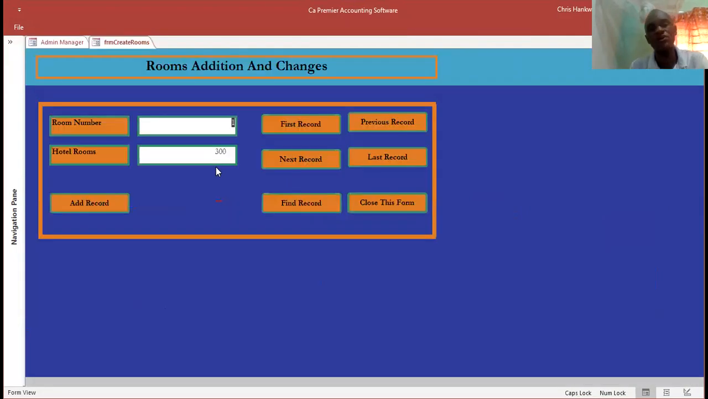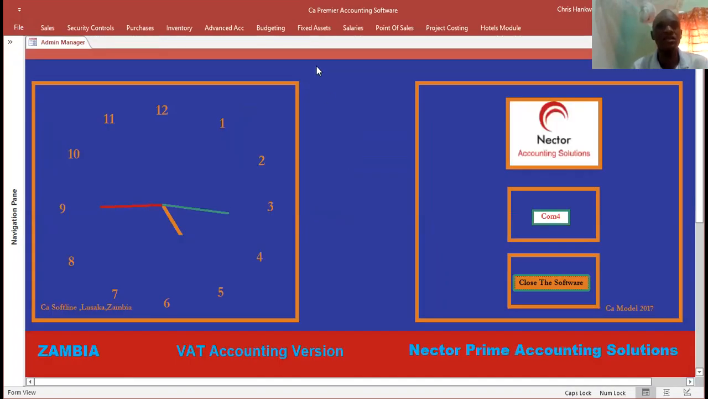Here, make sure all the rooms which you have are captured. You can have maybe 30 rooms. These rooms are where your revenue is going to come from, and these are the rooms which will be appearing on your invoice. After you have done that, then you go to